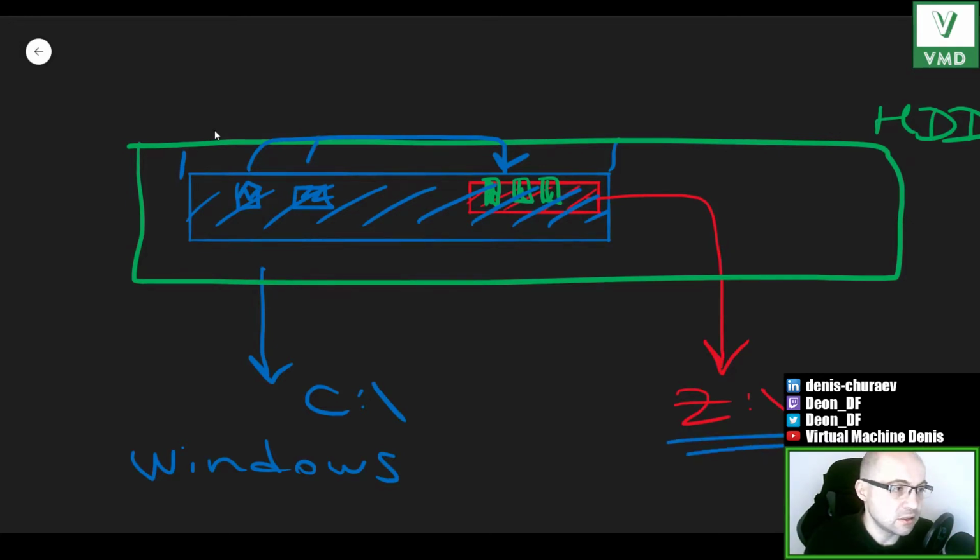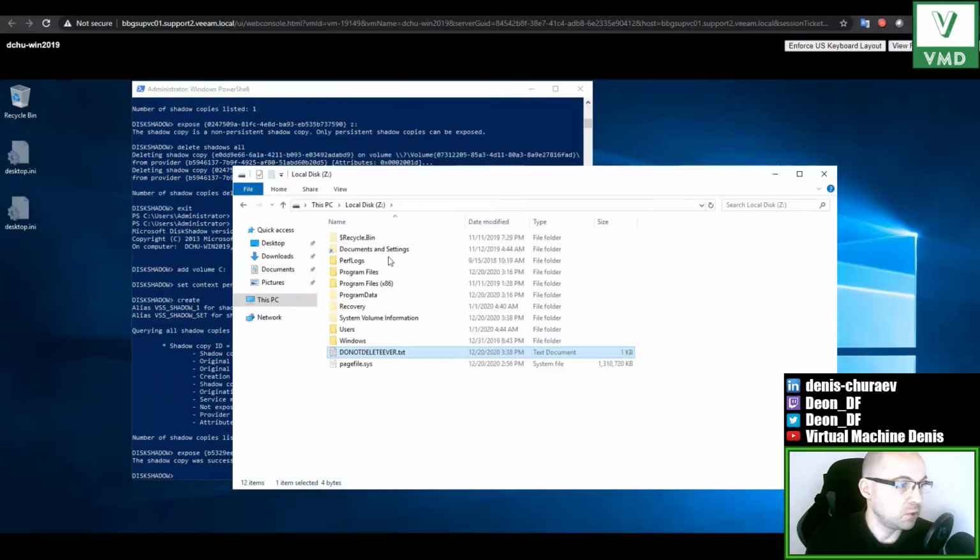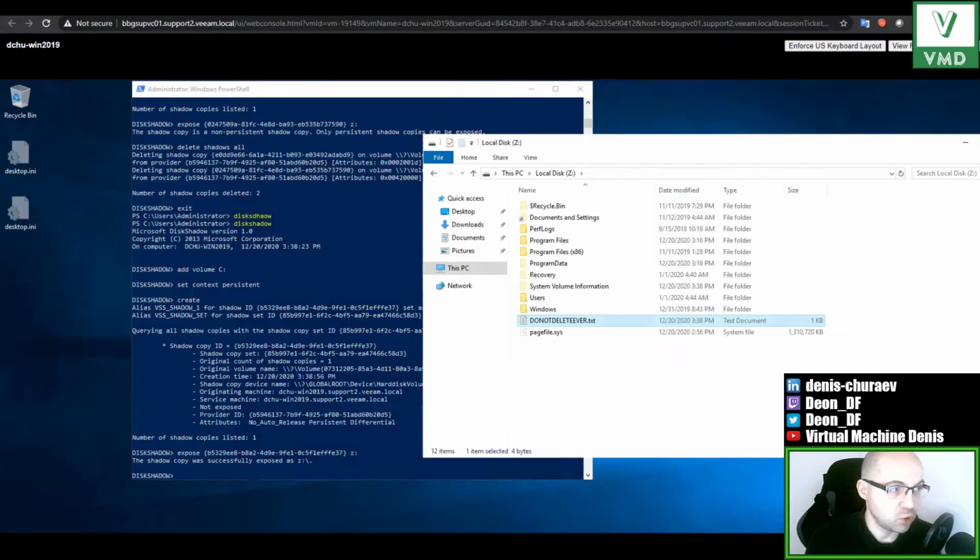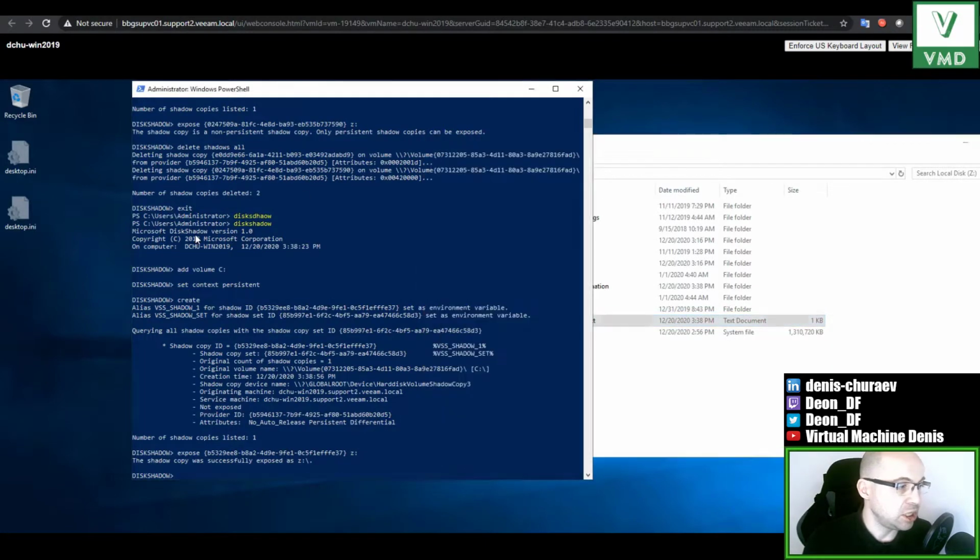I'm browsing this Z drive, and it's not like I have two partitions on the disk. I have only one, but I have an extra differential part of the volume, like a backup, which I can read from, and to Windows it looks like a different disk. And now the only thing left to do is clean up. I could leave it like this, but the shadow copy would start growing. I can actually check it by